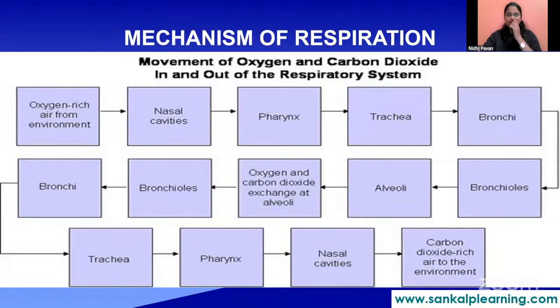It will enter the nasal cavity, then it will go to pharynx or windpipe, trachea, bronchi, then from the trachea to the lungs, to the bronchi, from the bronchi to bronchioles, from the bronchioles it will go to alveoli. So exchange of gases takes place. Oxygen, carbon dioxide rich blood will be carried again to bronchioles, bronchi, trachea, pharynx, and carbon dioxide is released through